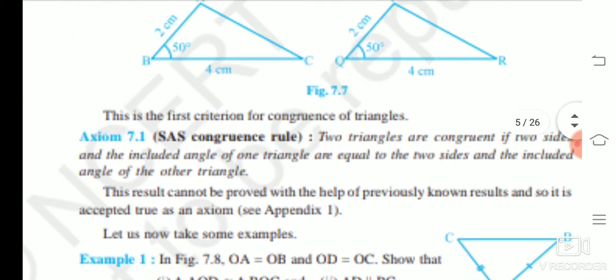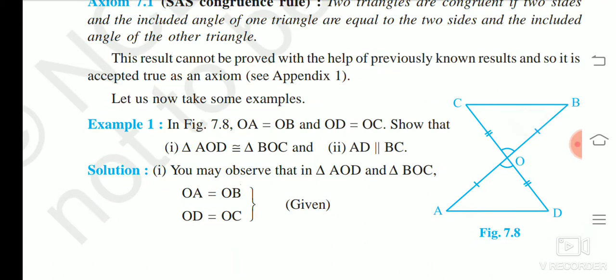So OA, so here OB, so you are going to consider AOD means starting A, here B, that's why triangle AOD, here BOC. So angle A, that is vertex A, compare with B only, not with O. So we need to maintain the order now. So A should compare with B, not with C and O.